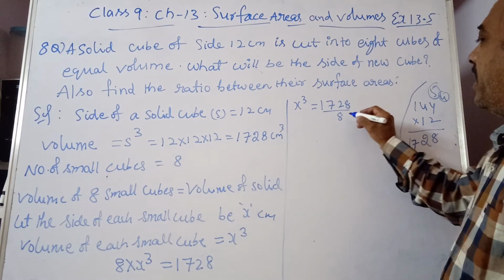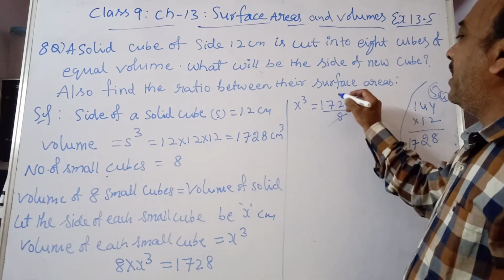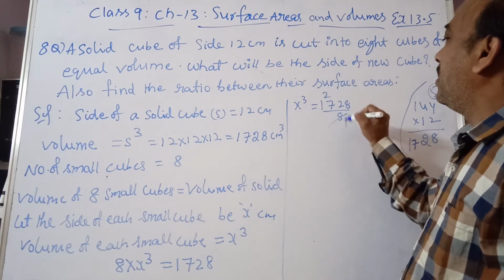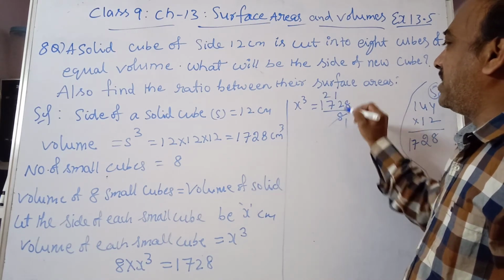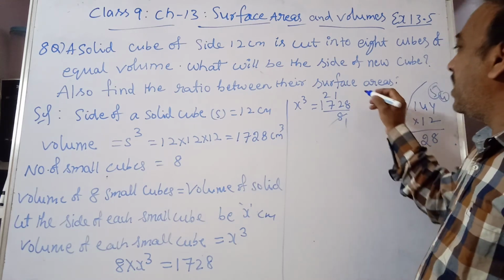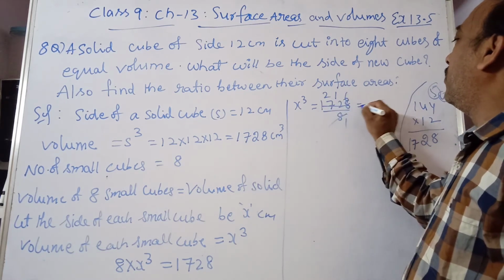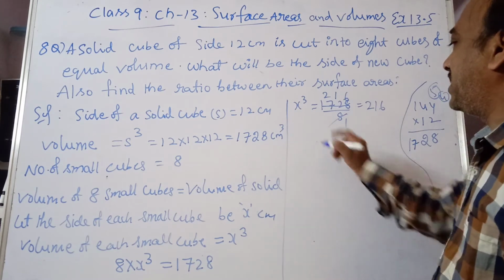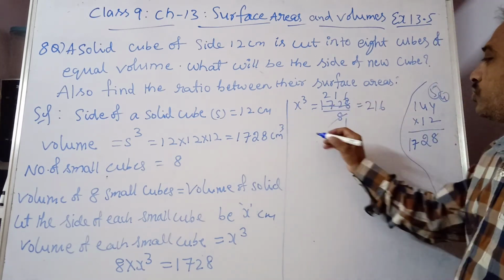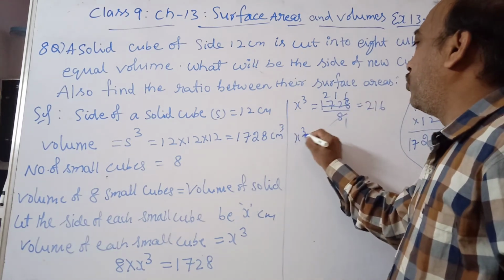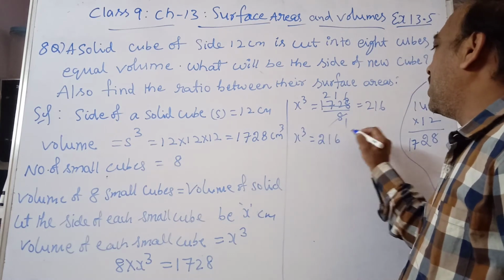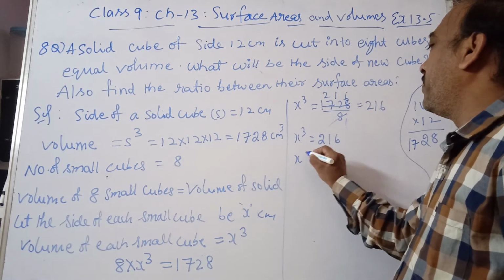Dividing by 8: 8 ones are 8, 8 twos are 16. Then 1 remains, 8 ones are 8, 12 minus 8 is 4, 8 sixes are 48, which is nothing but 216. So x cube is equal to 216, then x is equal to the cube root